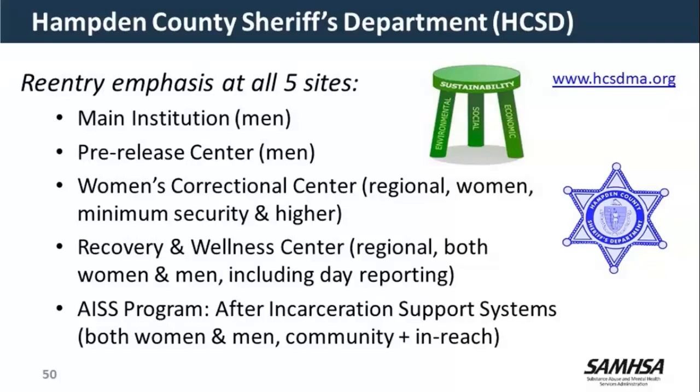The first important concept is that reentry does start at day 1 at Hampden County. So we've said that for some decades now with great appreciation. Some folks might be familiar with our former sheriff, Michael J. Ashe. He started us down this road, and with our present sheriff, Sheriff Ashe's successor, Sheriff Nick Cocchi, we've continued